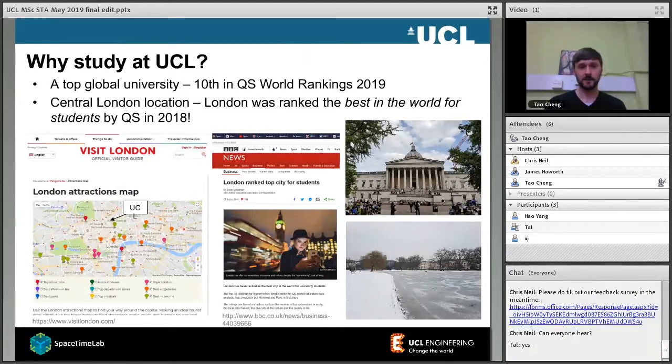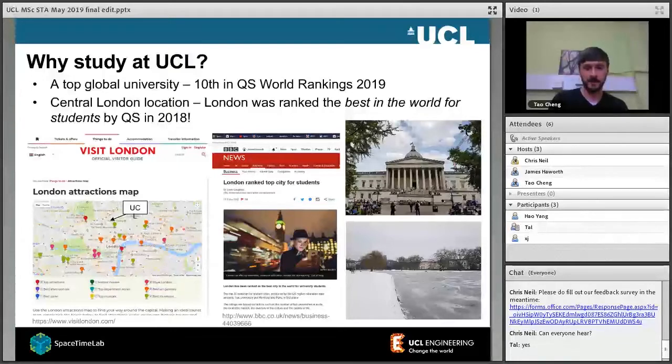Okay, so why study at UCL? If you're applying for UCL, you probably already know that it's a globally world-leading university. In the latest QS World Rankings, we were ranked number 10. We're located in central London. Last year, London was ranked the best in the world for students. It's a great place to live, great place to work.